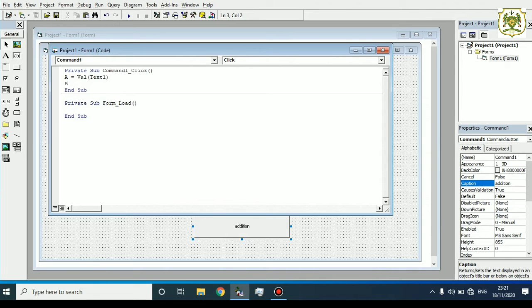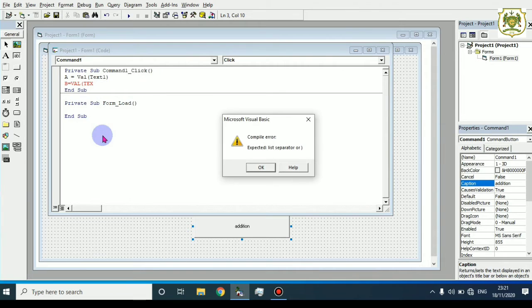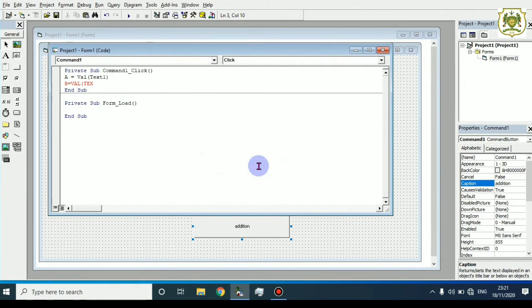Similarly, we'll be taking variable B equals Val, Text2, bracket closed.